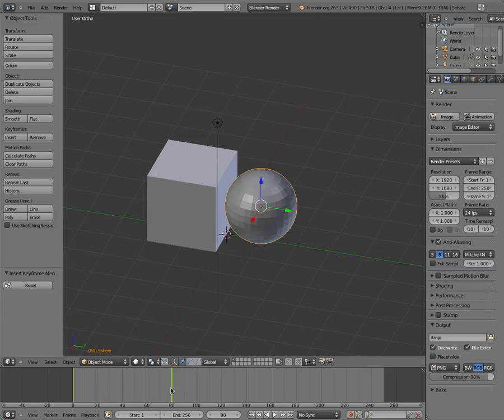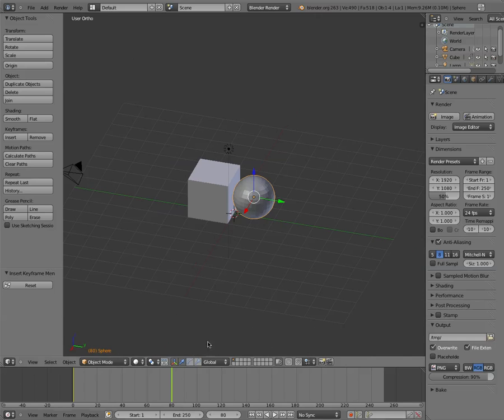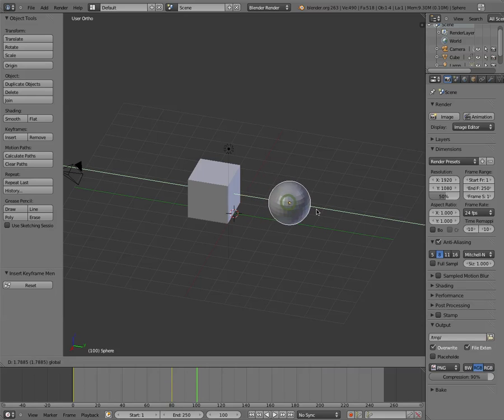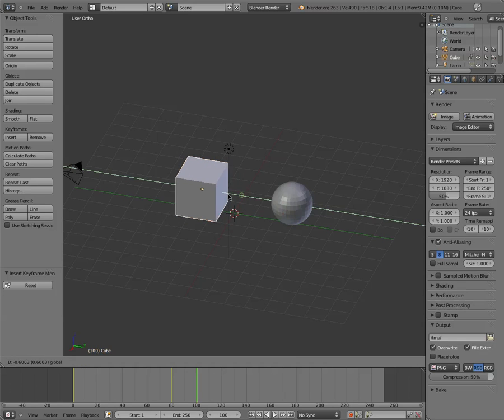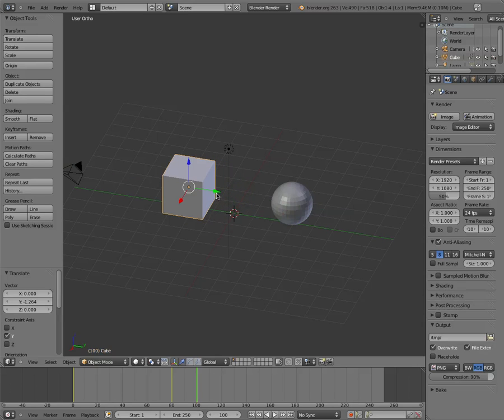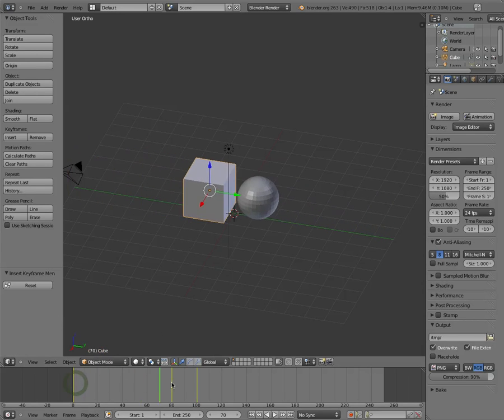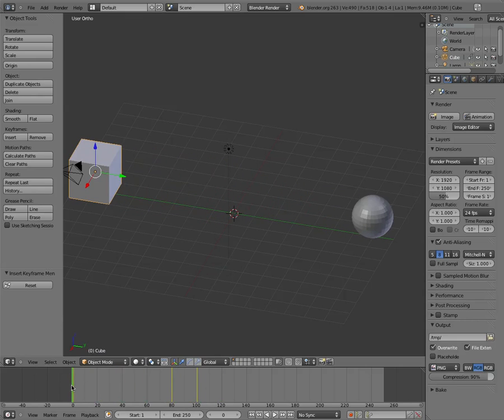Okay, so now let's have them bounce back. So I'm going to go forward another 10 frames or so. I'm going to move this sphere back a little bit, and I'm going to insert another keyframe. Insert, location, rotation, and scale. And then we'll take the cube, and I'll do the exact same thing, make it move back a little bit, and insert, location, rotation, and scale. Boom. Now we've got a real simple animation. Okay? Now what's interesting is, and we can play it here,